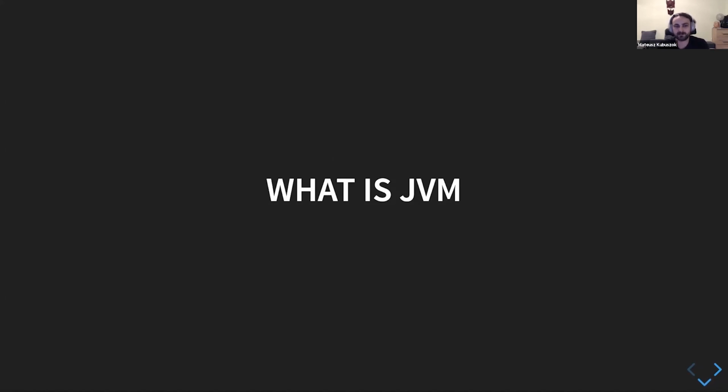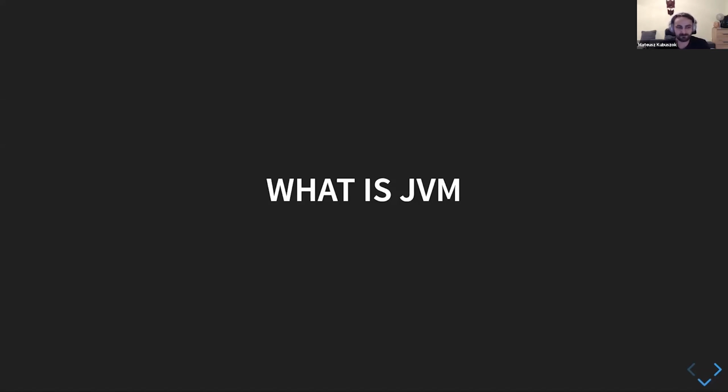We are just targeting this one non-existing processor, and things should be resolved for us. Obviously, in the real world, it's slightly more complicated than that, but that's the basic idea of why we are using the JVM. And underneath, if you want to understand bytecode, we will basically be working with some sort of assembly language for the JVM.